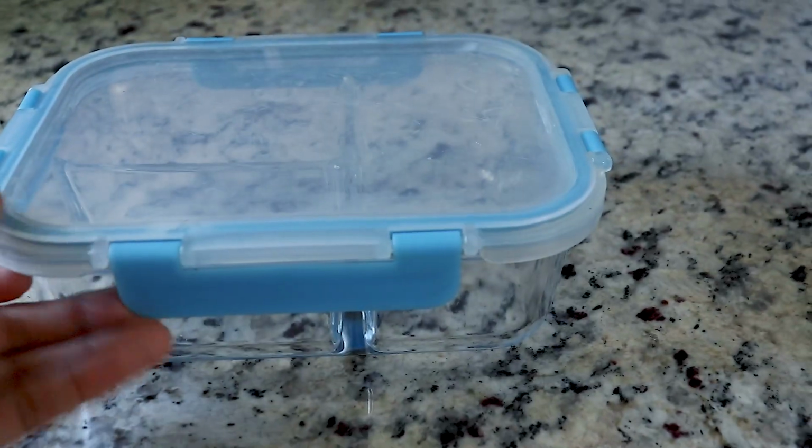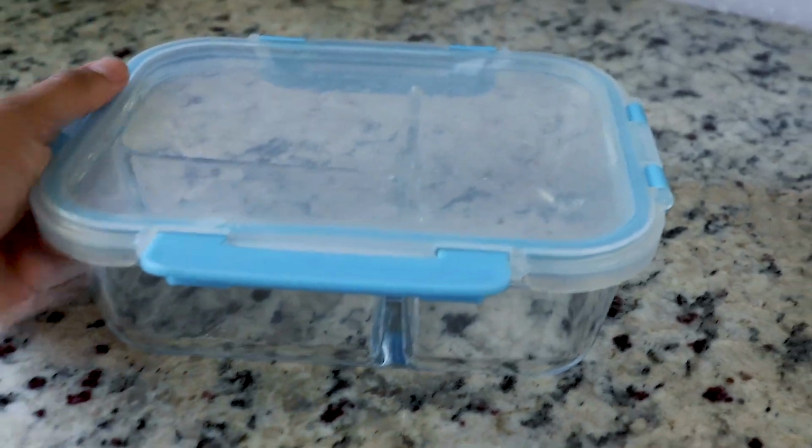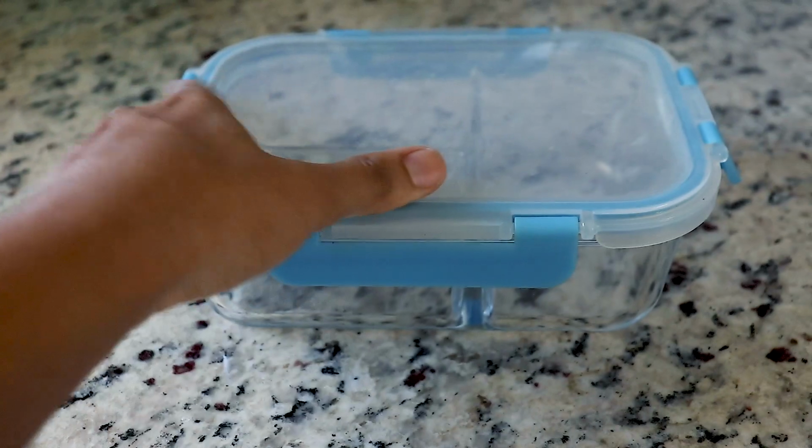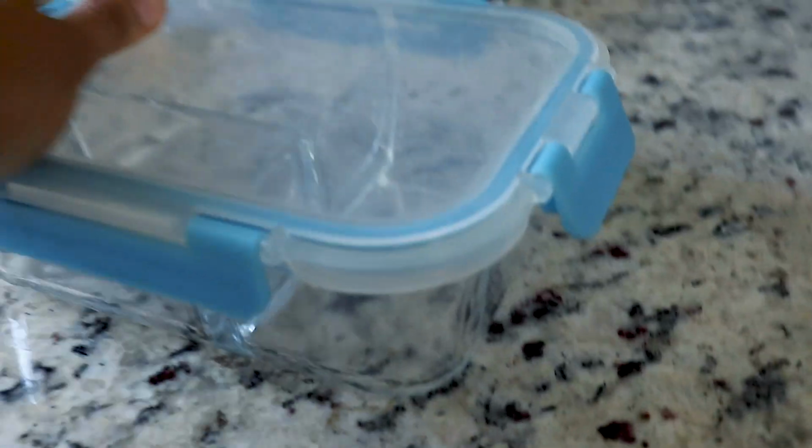Number 10 is Tupperware, and in the past I've said I don't really use Tupperware, and for a while I actually didn't use any because I just don't like the whole stacking of the Tupperware, the different sizes and all that kind of thing. I do own a couple of glass Tupperware, so I guess it also depends again on your personal preference and what you're making and your own kitchen needs. Glass Tupperware with little snap lids are perfect,